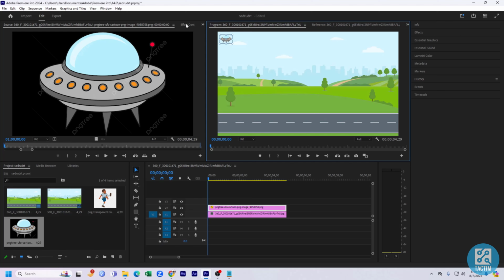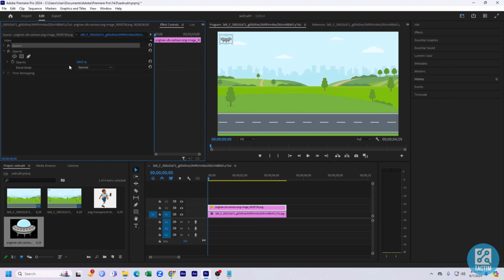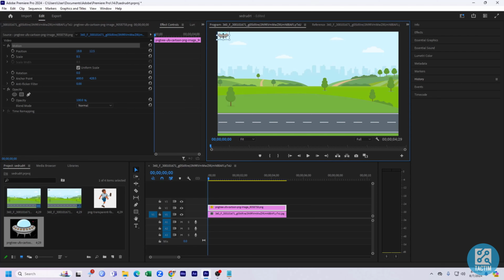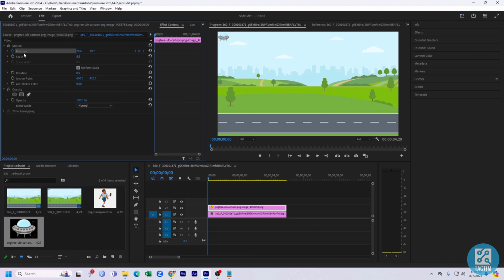Now click on this panel, Effect Controls, and here you will see this Motion. Expand it, and as you can see the Position and Scale are here. You can change the position of the UFO if you'd like to move it. So let's make it here at first and give a keyframe by clicking here,